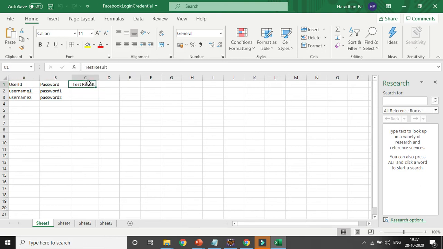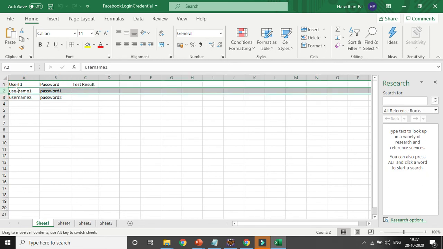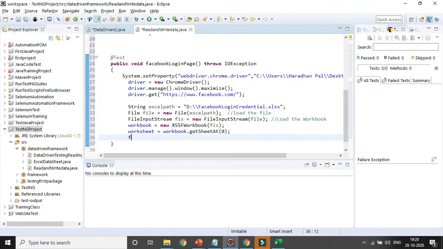So the for loop will start from row 1, not 0. Instead of 0, it will start with integer i equal to 1, i plus plus, and it will go